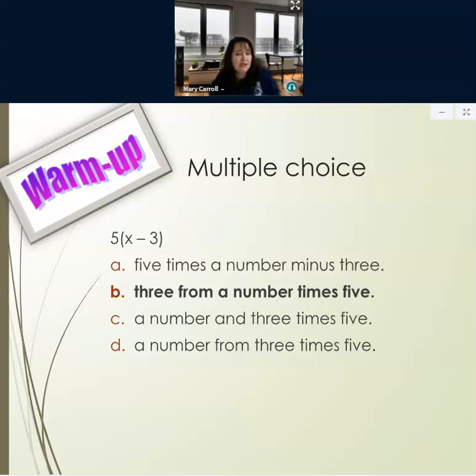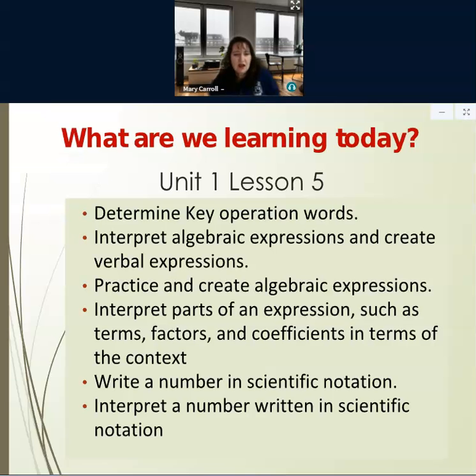Your answer is B. It's 3 from a number times 5. So make sure you have this first, and then it's also times 5, so that way the parentheses is implied. Alrighty, so what we're going to be doing today is we're going to be doing Unit 1, Lesson